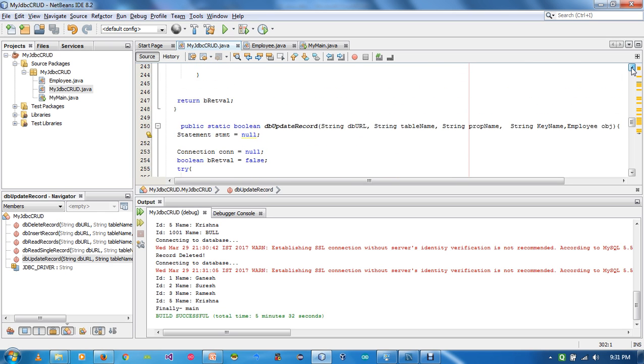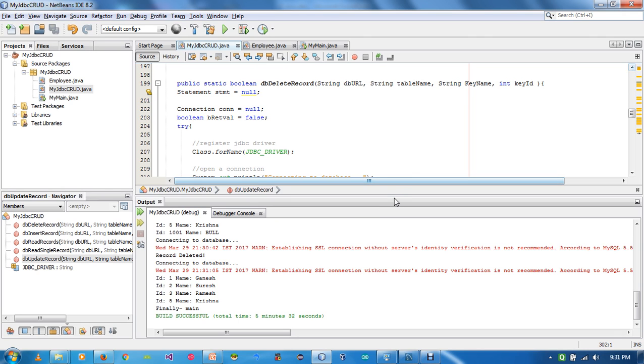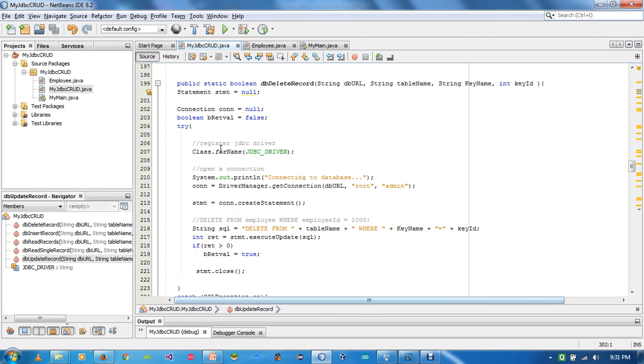You can see it here in the update, and then here delete. Delete is also the same: you register the driver, then you get the connection, and here you can see the delete statement, delete from table where ID is whatever was passed, 1001, because we were using it for Lion and Bull. Then it will execute, the same execute update statement is done, and we will close it.